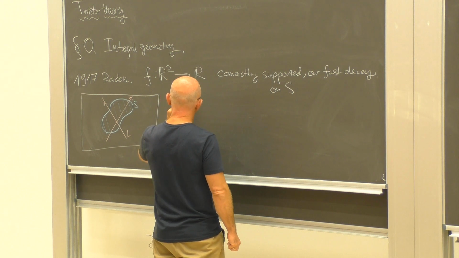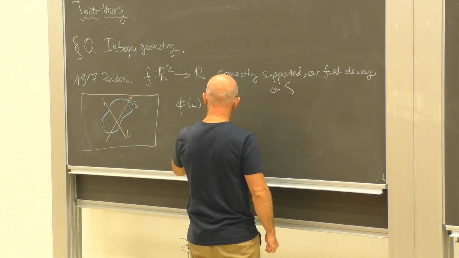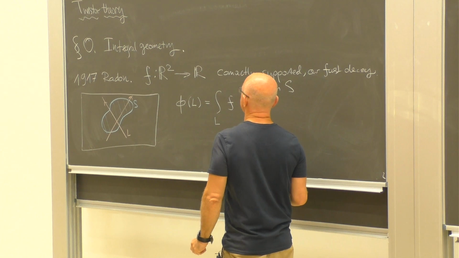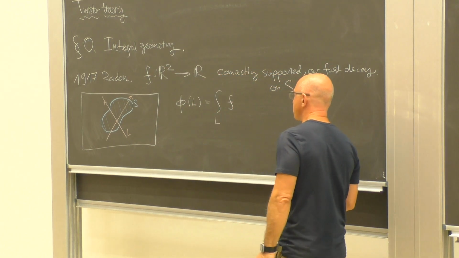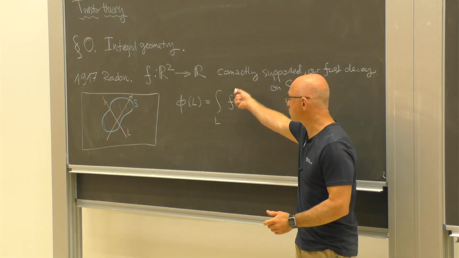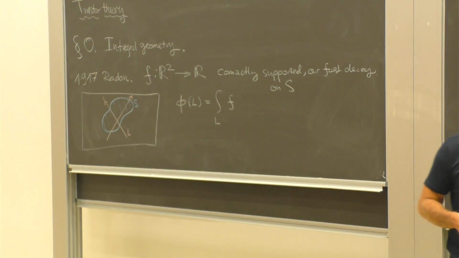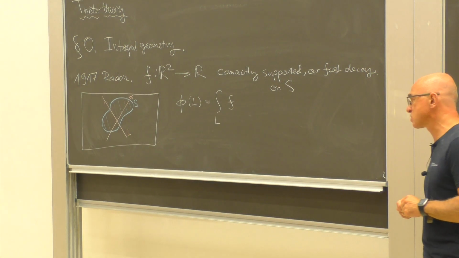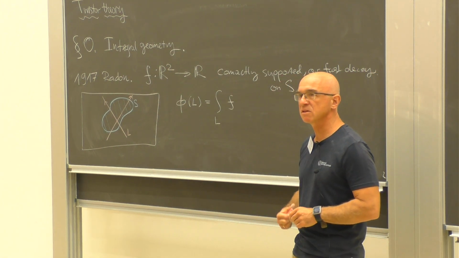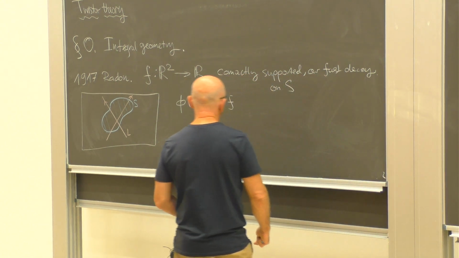And to each such line, you associate the integral of this function along this line. So phi of L is an integral along L of f. Okay. Now, the whole point of this Radon transform is that the space of lines in R2 is also two-dimensional, and there are various ways of seeing it. I'll always settle for the most explicit one, even if it loses some generality,